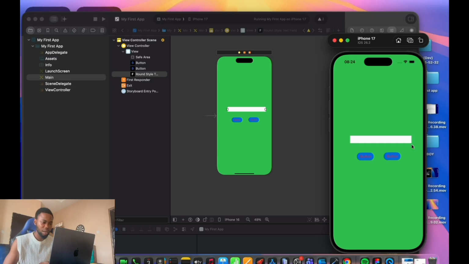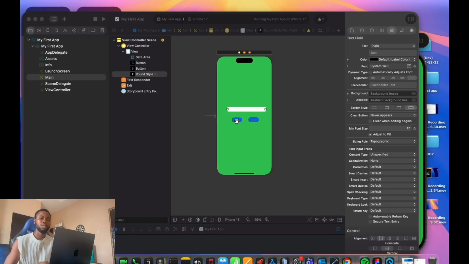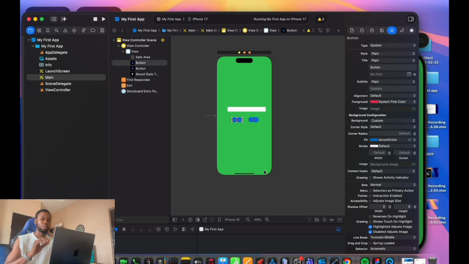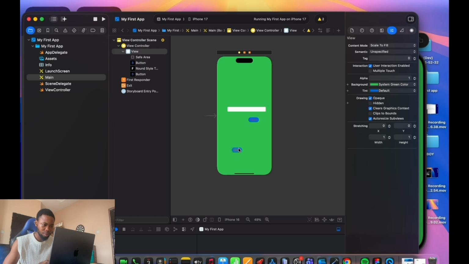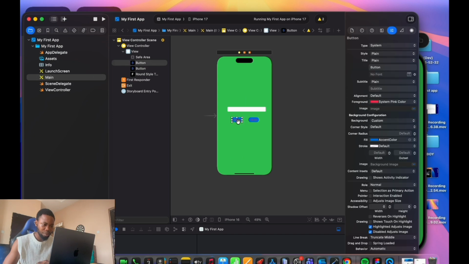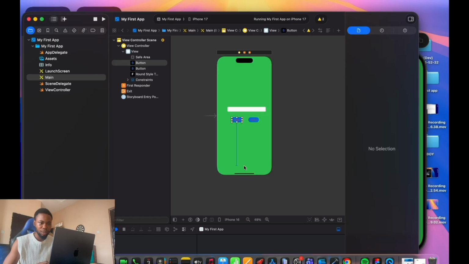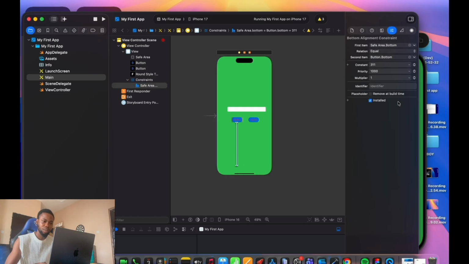It's kind of stable now because there are not many items on it. But let me just say I constrain this, I constrain the button. So constrain is restricting an item to a particular position on the screen. So let's say I bring this down. Okay, let me just leave this up and show you. So if I bring this down to the view, constrain to the bottom safe area, and I let this be like 20